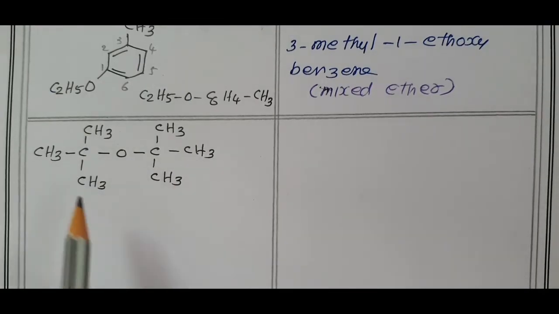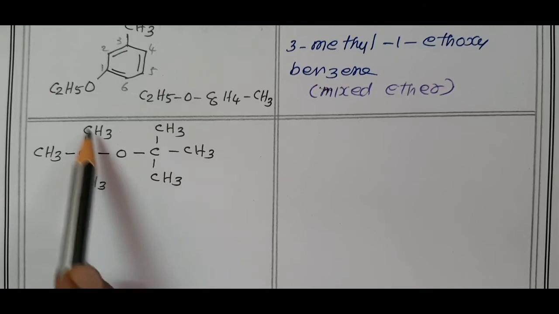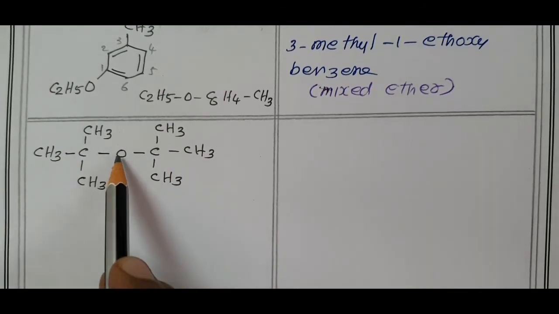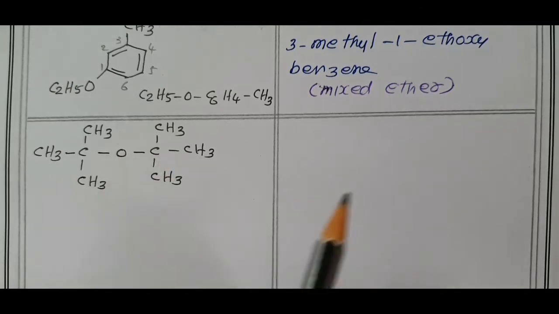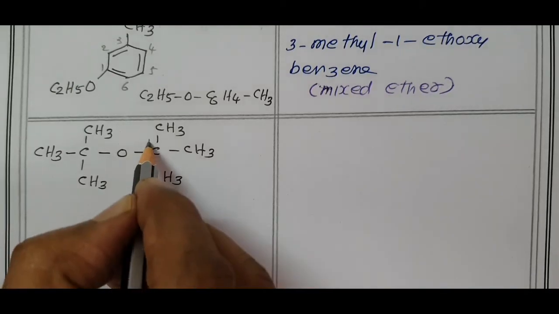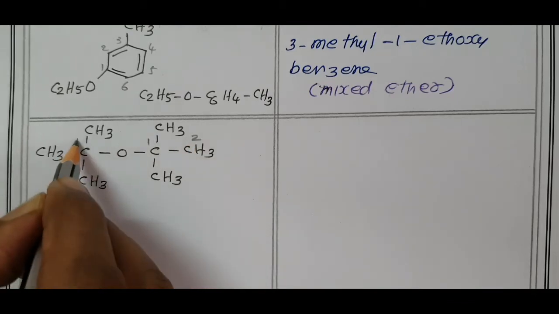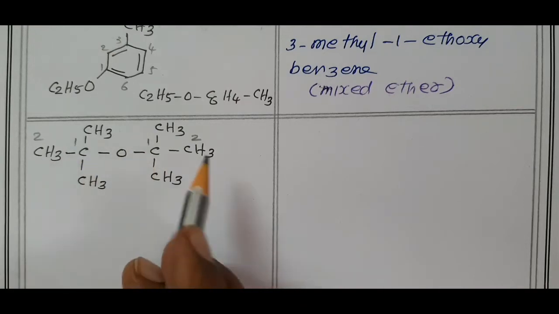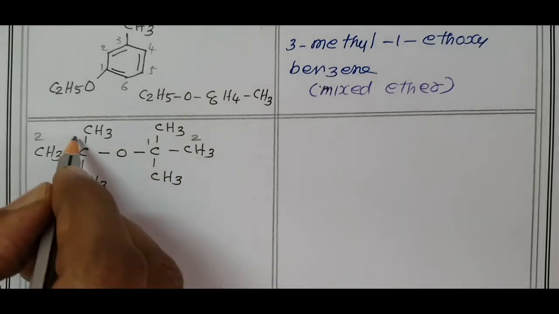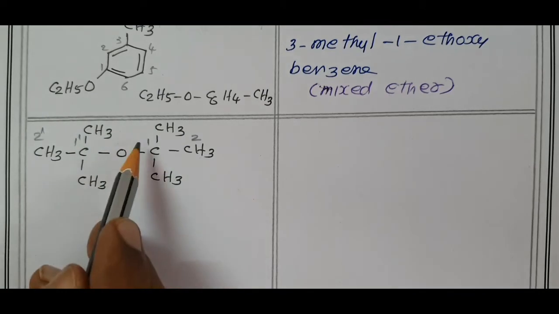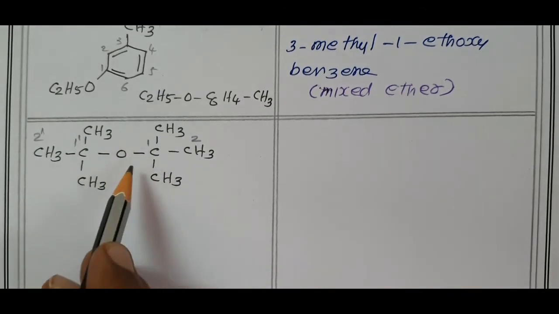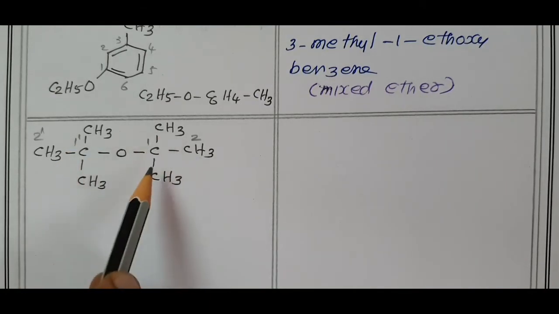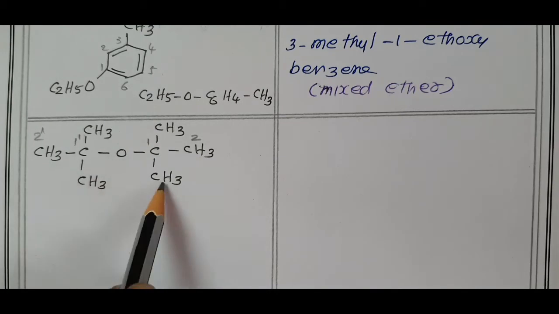The compound given is here isobutyl, here tert-butyl. But the oxygen-attached carbon atom should get the lowest number. Here also first carbon and here also first carbon. If the 2 carbons are the same carbon, we can distinguish the carbon as 1 position, 1 dash position. Position of these 2 methyl is 1. Position of these 2 methyl are 1 dash. So 1, 1, 1 dash, 1 dash, tetramethyl.